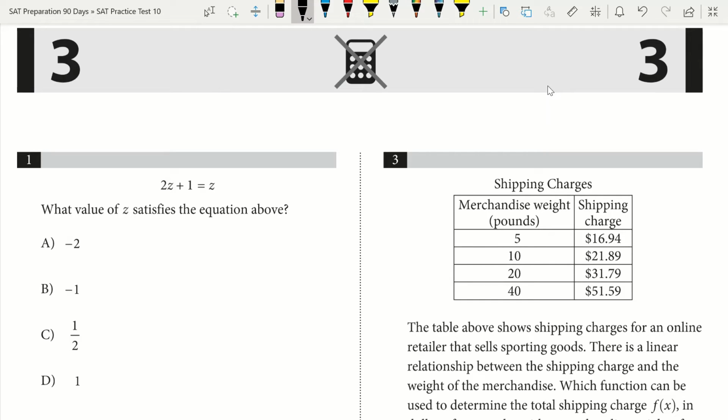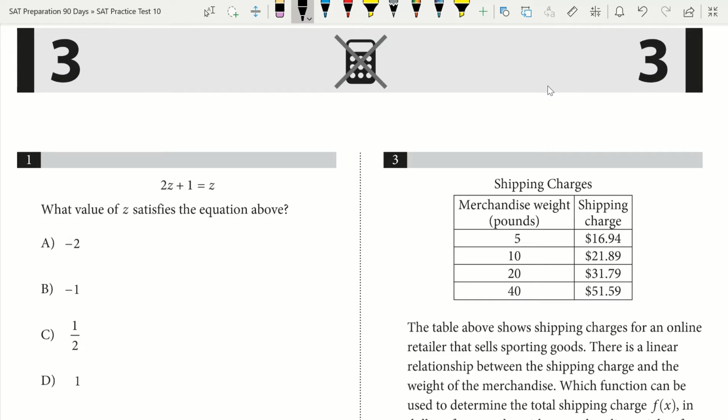In today's video, I'm going to go through some math problems from the SAT Practice Test 10 Math Without Calculator section and the Math with Calculator section. These are going to be some of the easier to mid-difficulty problems, and then tomorrow we'll get into some of the harder math problems. And then after I go through these problems, I'm also going to give some tips and